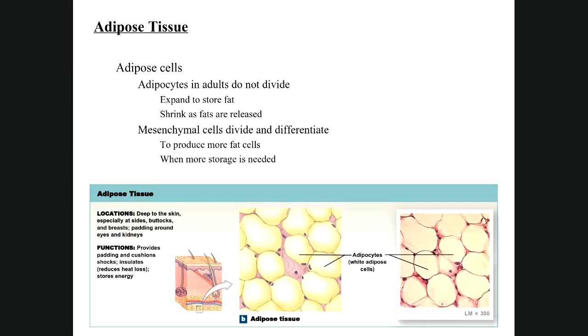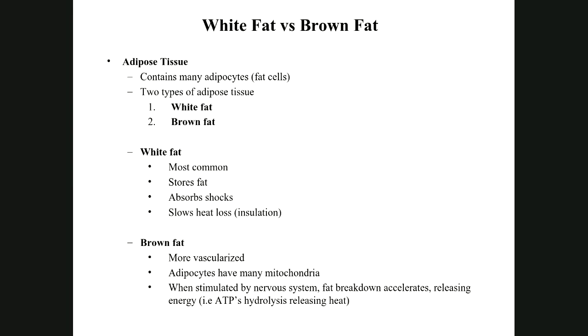Adipose tissue, also loose, that's fat. You can find them everywhere. In the lab, you might see them as part of the vagina slide. You might see them in the thyroid. They're everywhere. Okay. Adipose, I'm not going to talk too much about this, but typically white fat is for